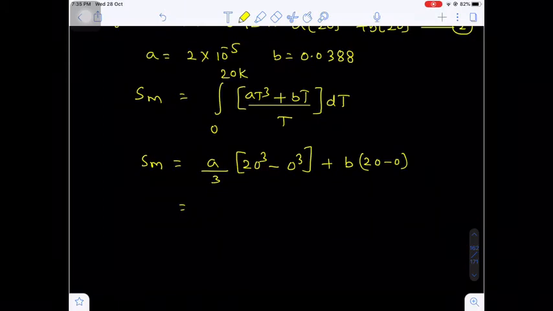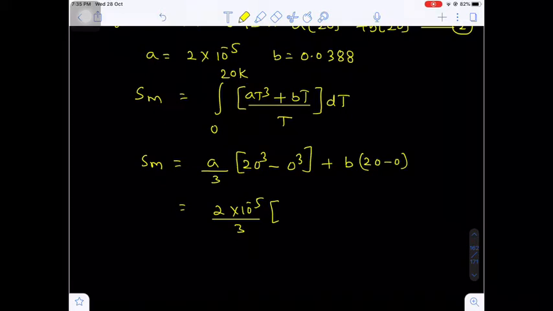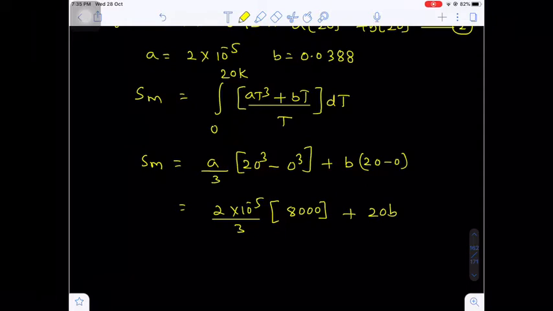Now here what is the A value, the proportionality constant A value? 2 into 10 to the power minus 5, whole divided by 3. Now the 20 cube is nothing but 8000, plus 20 into B. Are you getting my point? What is the B value? We know already the B value, that will be equal to